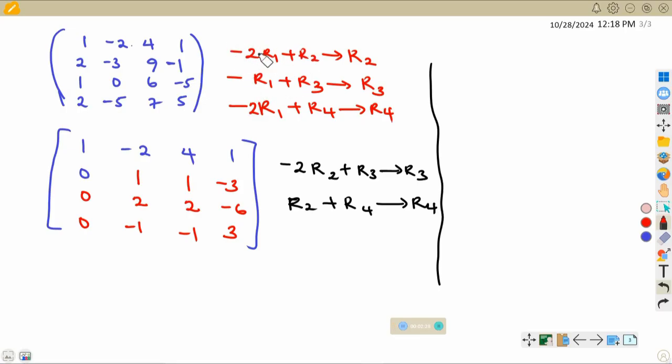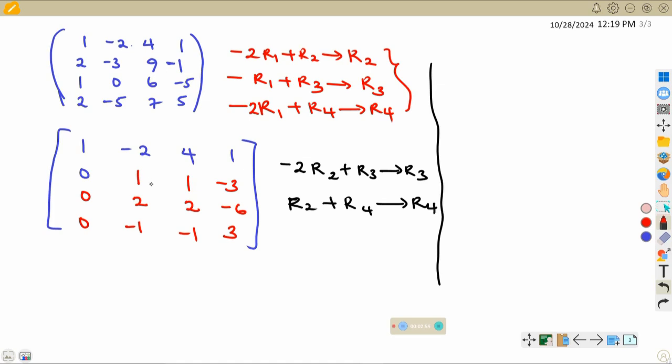So looking at these operations, we shall be interested in creating a 0 here, creating a 0 here, and creating a 0 here. So we shall use these operations here. From these operations, we shall be able to get this matrix. So we want to apply more operations until we get the echelon form. So let us create also 0 here and 0 here by using